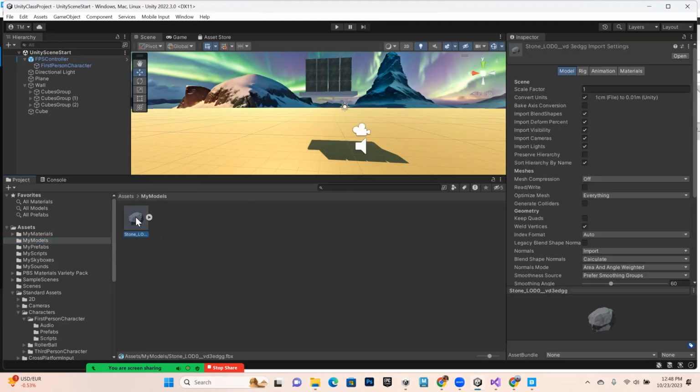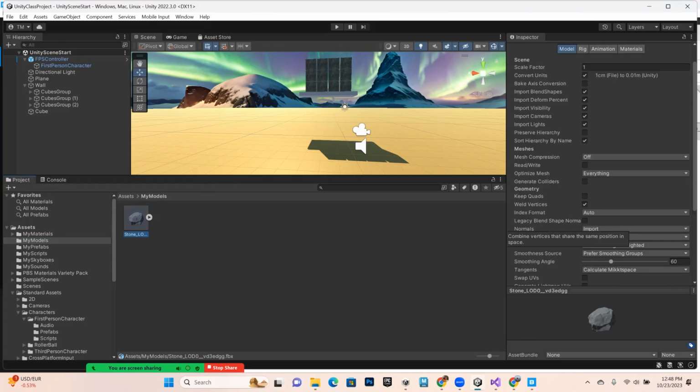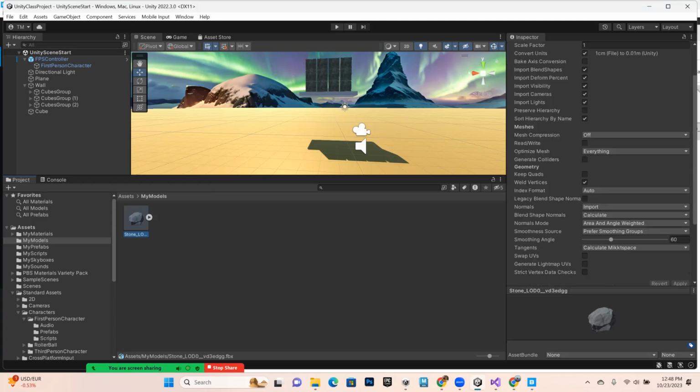Now, before I drag the color ones and stuff like that in there too, I'm going to look at the import settings on this model. Scale factor 1 is fine. But what I really want to look at down here is, is it going to create a